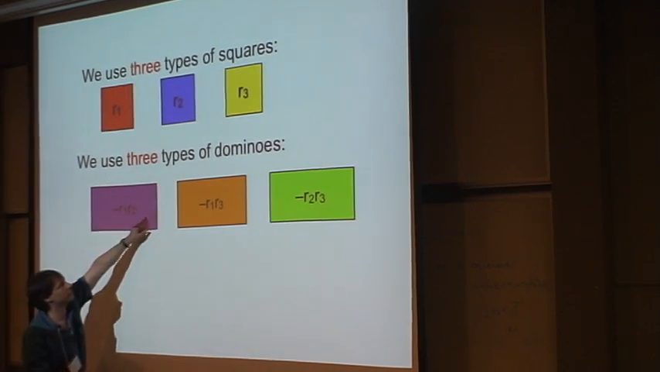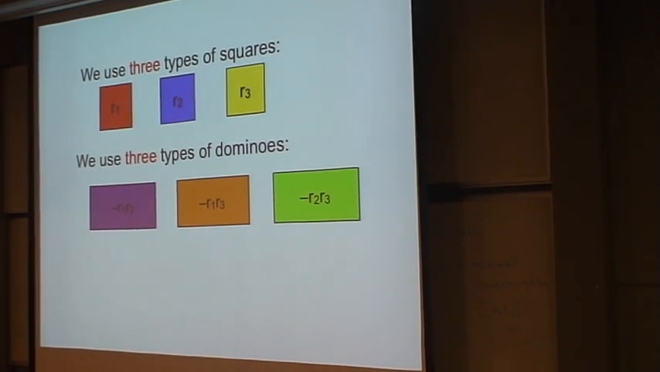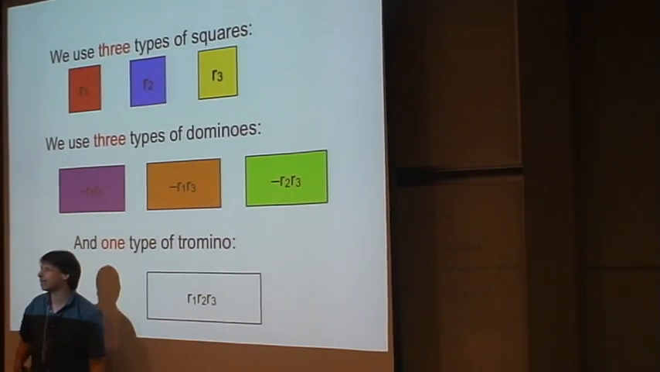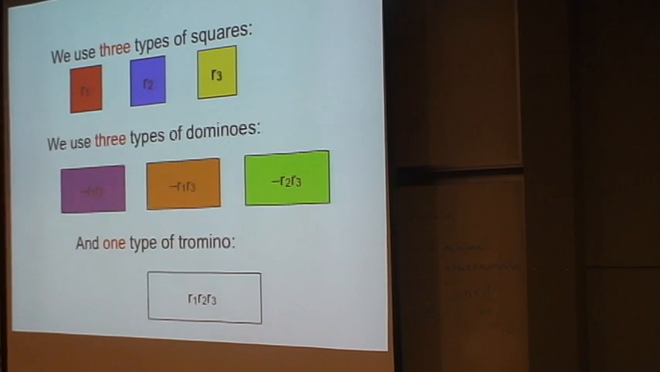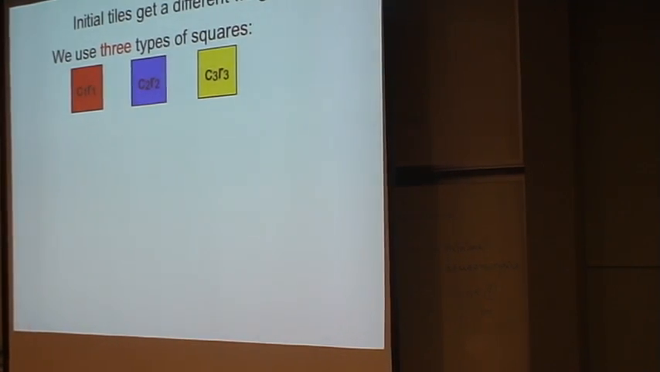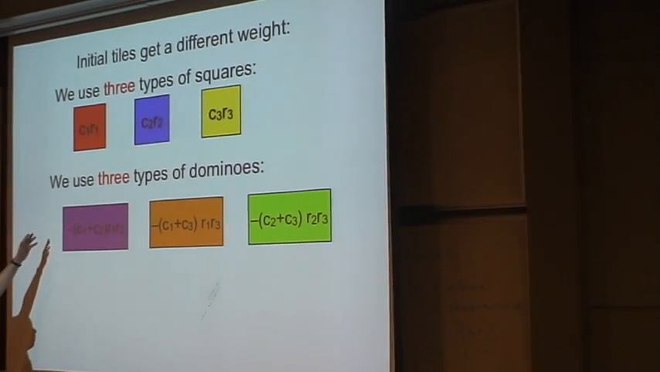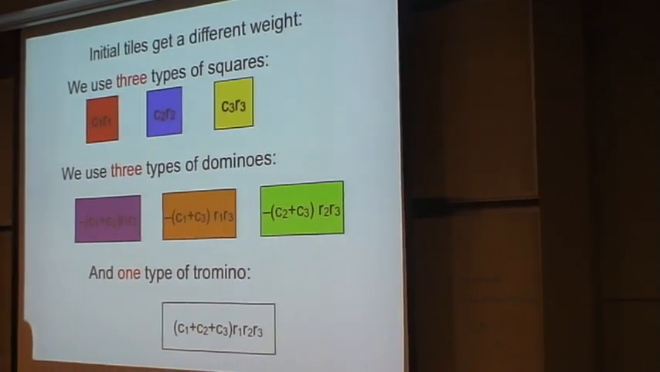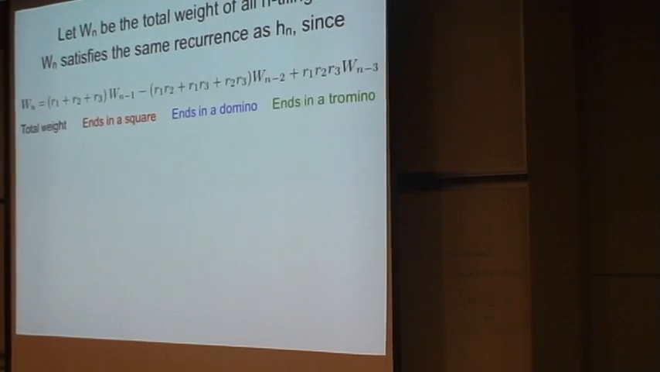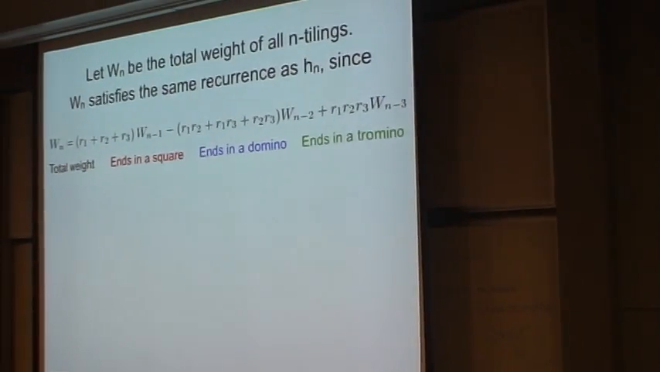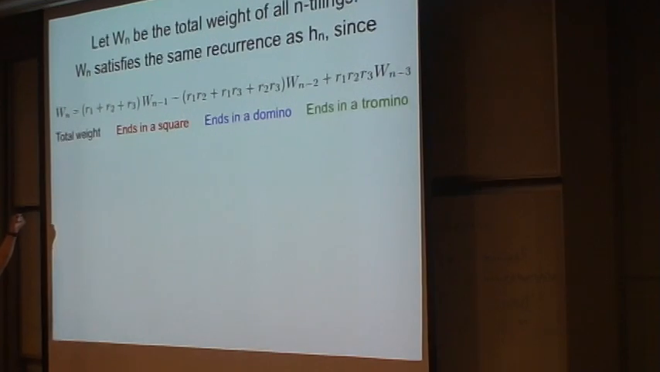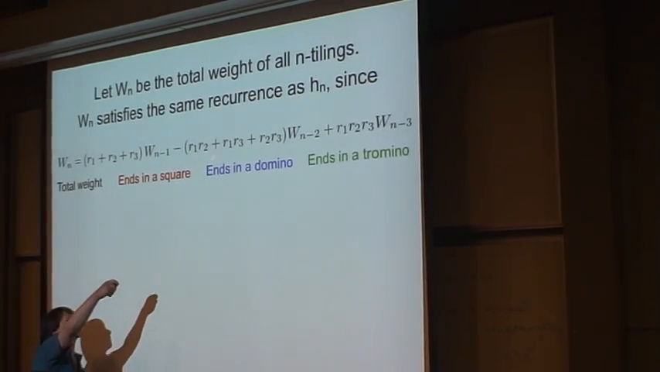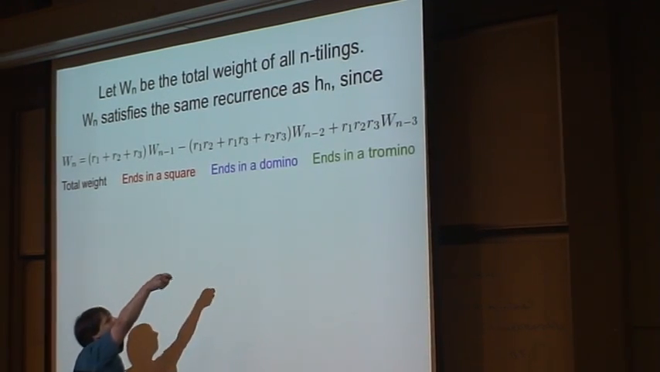Those are the negative weights. And this time, since it's a third order recurrence, I have a trimino, a tile of length 3, and its weight is R1 R2 R3. All right? Oh, and the initial tiles have the same weights as before, except they have those C's in front to get things to work out at the end. Just like before, Wn is the total weight of my tilings. Here, a tiling ends with a square of one of three colors, ends with a domino with one of three types of weights, ends with a